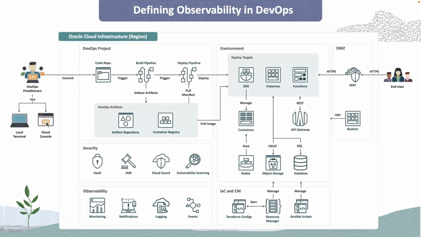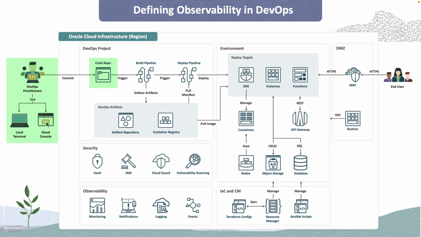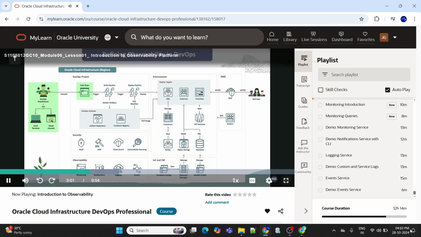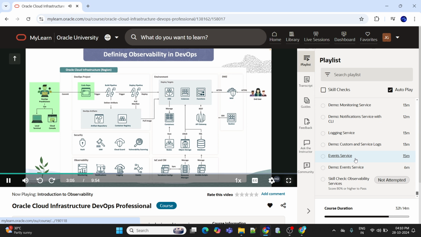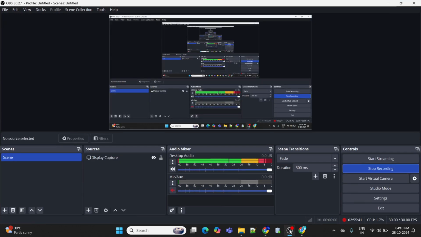Let's now look into the end-to-end workflow of DevOps and define observability in this architecture. DevOps practitioners are continuously making changes to their code, and it gets checked in or committed into the code repository. The code repo is a platform where you host the entire code, including any software archives. So it is really important to monitor these code repos, or let's say if you want to monitor the total size of this repository. The next stage is the build pipeline, and it is the stage where this code gets